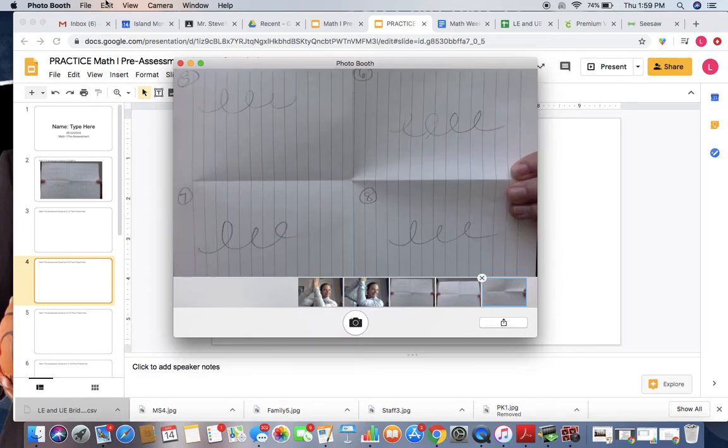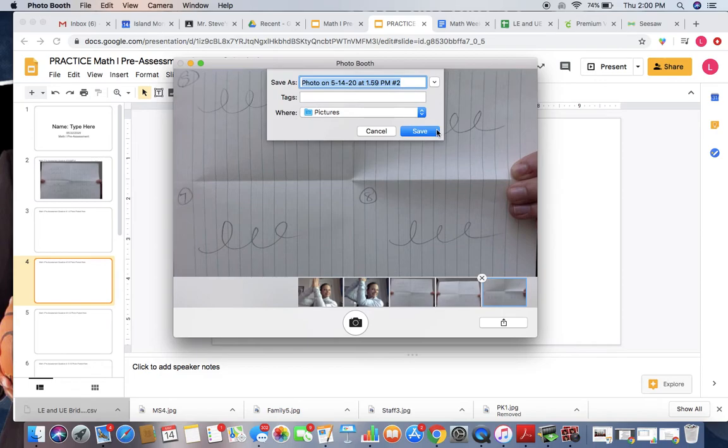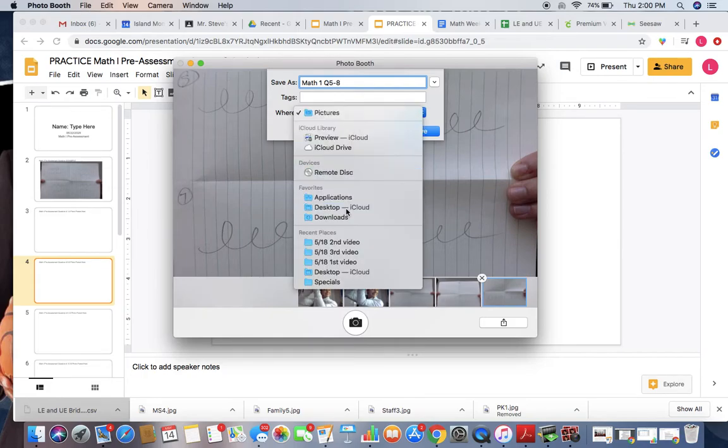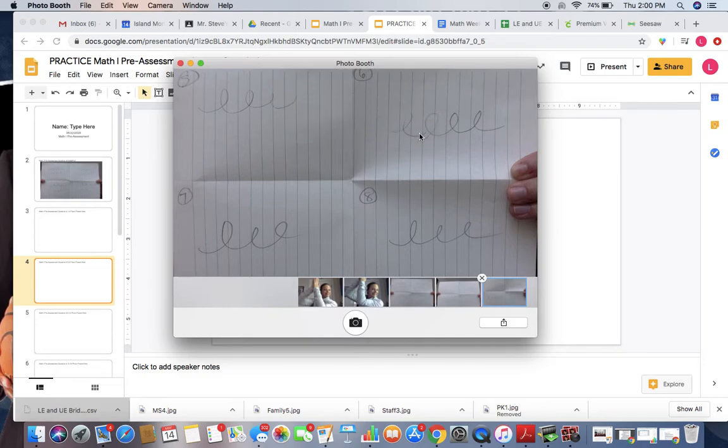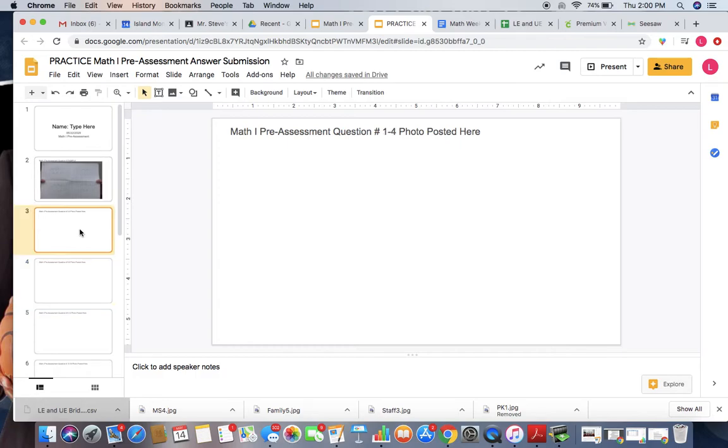What I'm going to do now is go to File, and I'm going to export this photo to my desktop because it's easy to find. And I'm going to name it Math 1, questions 5 through 8. I'm going to just save it to my actual desktop because it's easier for me to find. So now that I have my photo saved, I know that it's questions 5 through 8, so I'm going to go ahead to questions 5 through 8, and this is where I'm going to post my photo. I'm going to click here to insert an image and upload it from my computer,